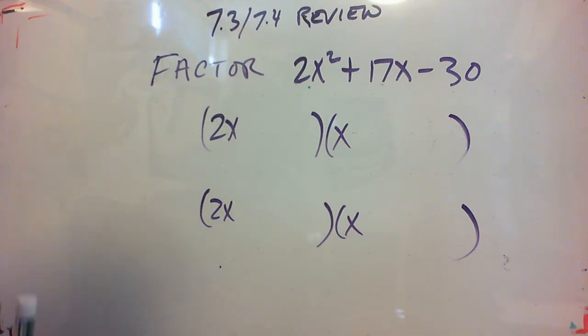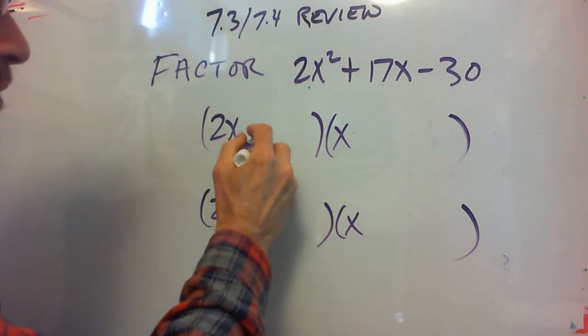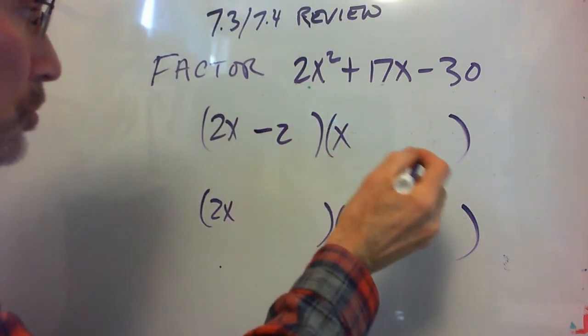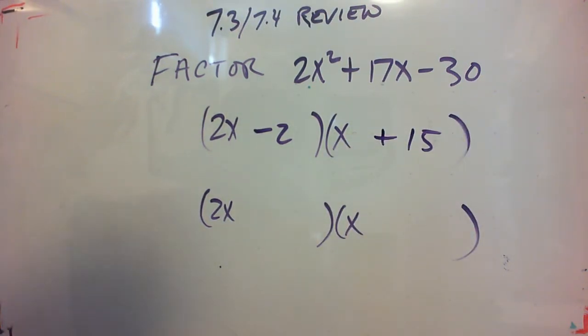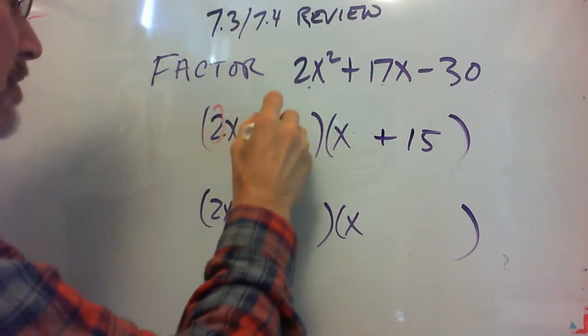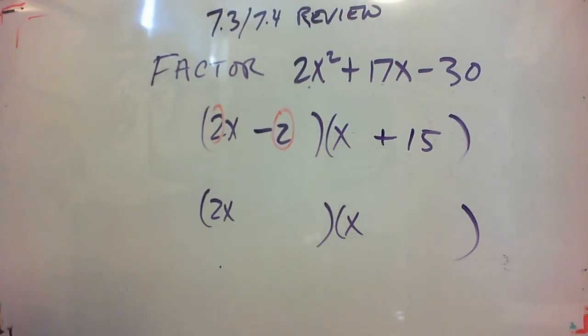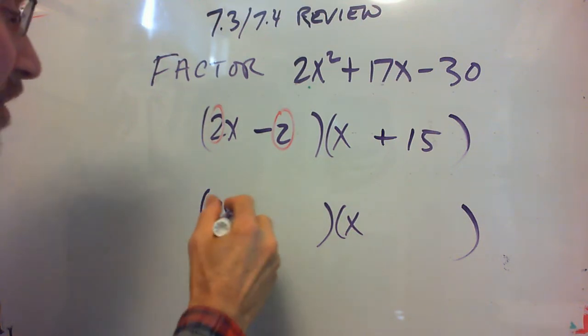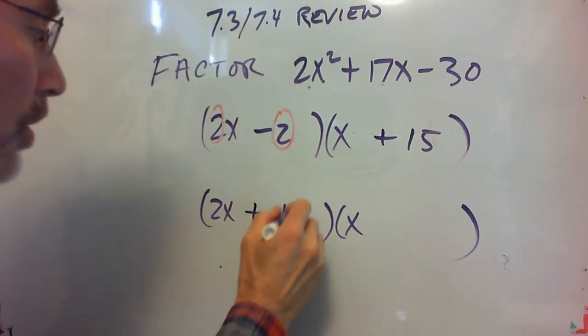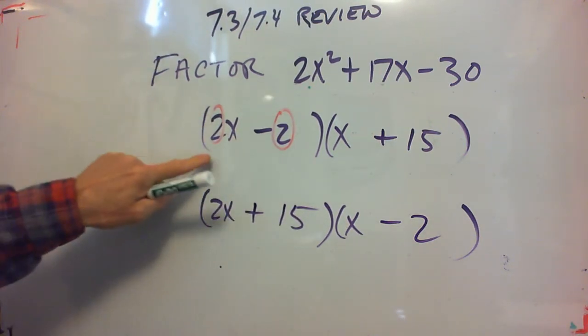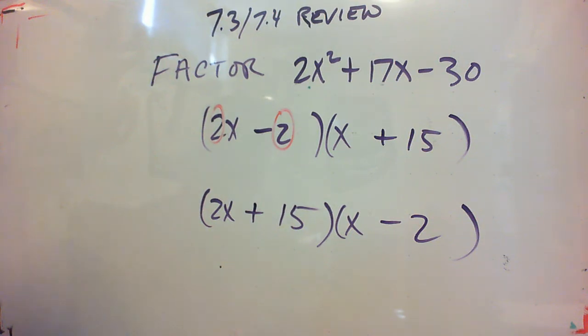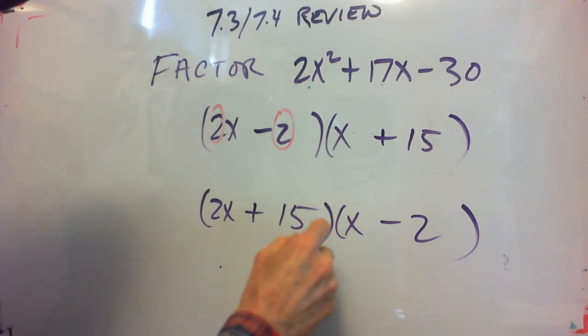So then we move on to 2 and 15. 2 and 15 multiply to 30. If we put minus 2 plus 15, well, that can't work. Greatest common factor of 2. So we can't put the 2 with the 2x. That means the 15 has to go with the 2x. Remember I said the factor itself cannot have a greatest common factor because the original trinomial doesn't have a greatest common factor. So when we try 2x plus 15, x minus 2, we get